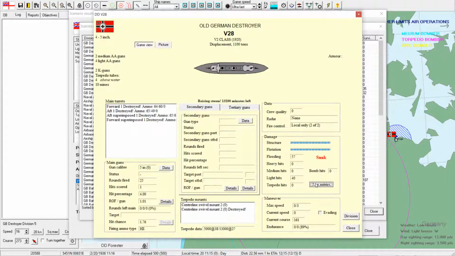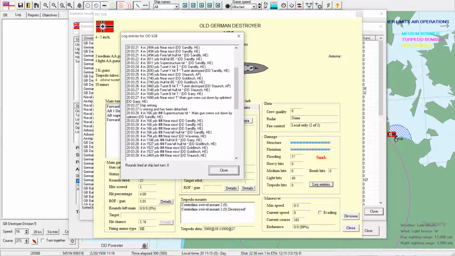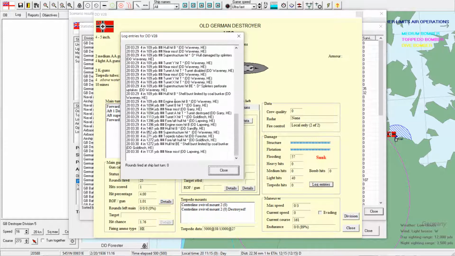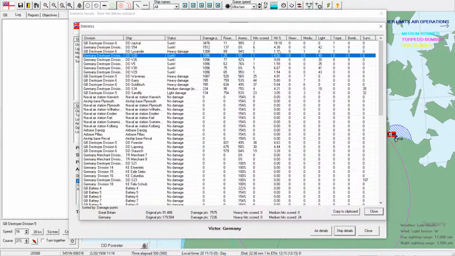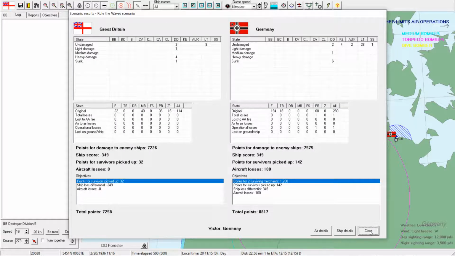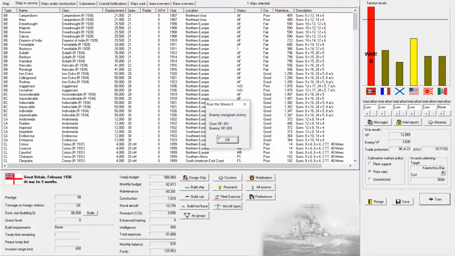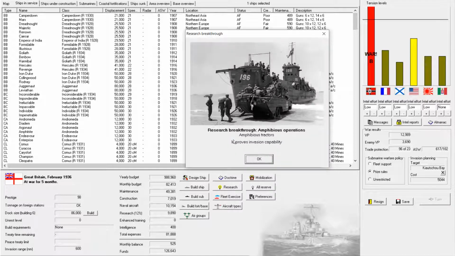Let's see about this. V-22. I know we fired a lot of torpedoes. And quite a few of them ran clean under the enemy. Alright. Well, time to call this battle to a close. So we'll hop right out of that. Enemy marginal victory. Sure, we'll give them that. Ooh, research breakthrough. Amphibious tractors. Interesting. Well, that's neat. So that looks like...